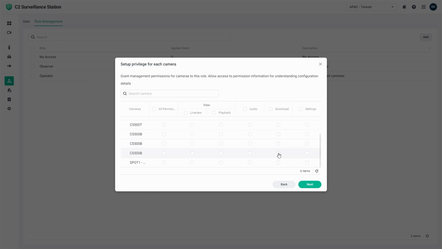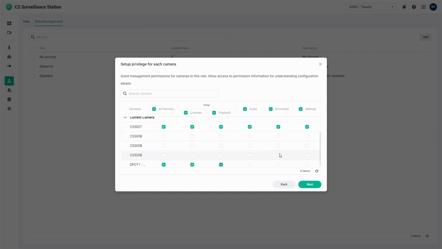There's also an auto discovery feature for new cameras. You can select what kind of permissions this privilege profile would have for accessing a new camera. And you can see your current cameras listed below that. You can give this user profile and privilege profile all access to this camera, or you can get more specific and give them live view and playback access as just a quick example.